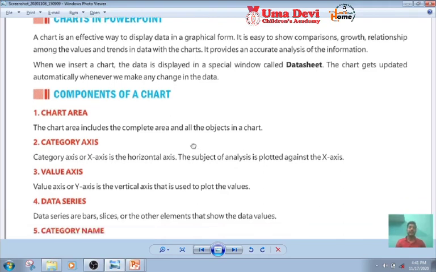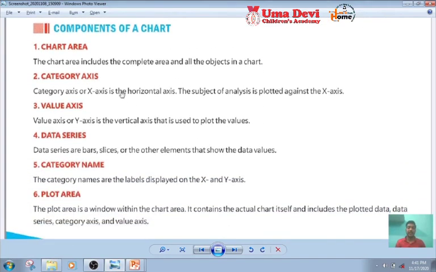There are many components of a chart: chart area, category axis, value axis, data series, category name, plot area. The chart area includes the complete area and all the objects in a chart. Next is category axis or x-axis, the horizontal axis. The subject of analysis is plotted against the x-axis.